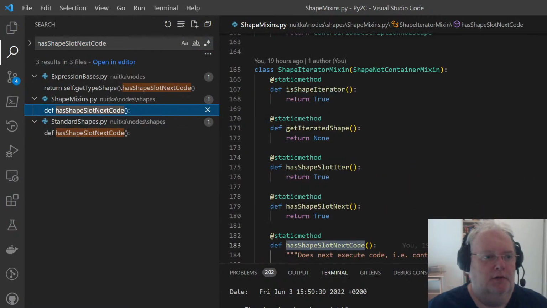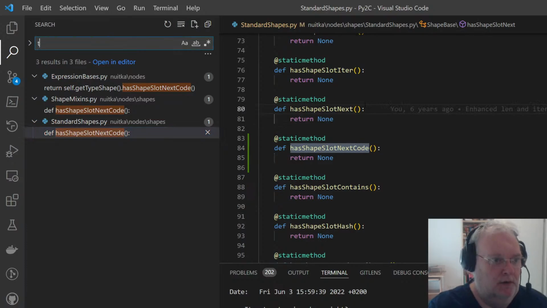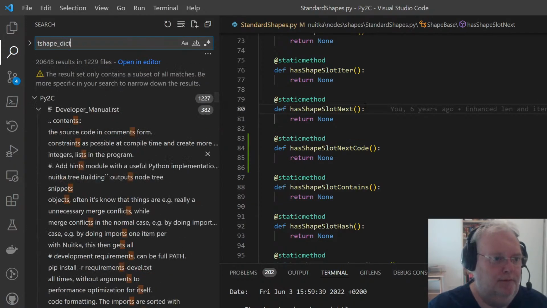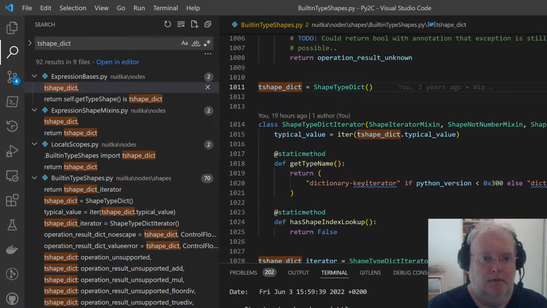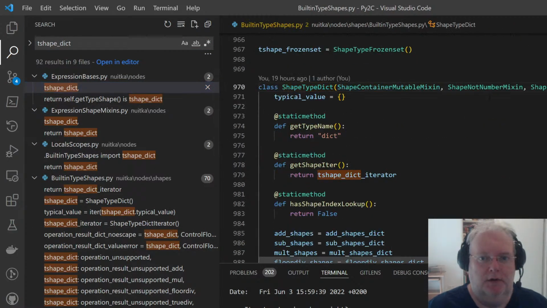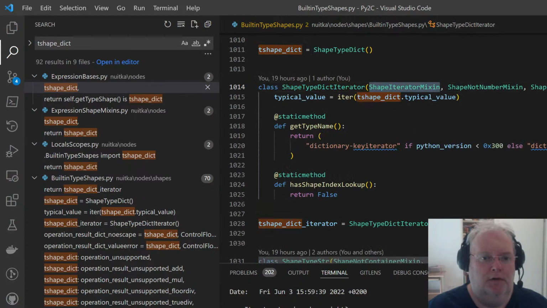This one here is standard shapes, T shape dict. Go there. Shape type dict, and it has container mutable mixin. And the T-shaped dict iterator has this and has it by proxy. But as you can see, it doesn't have that.